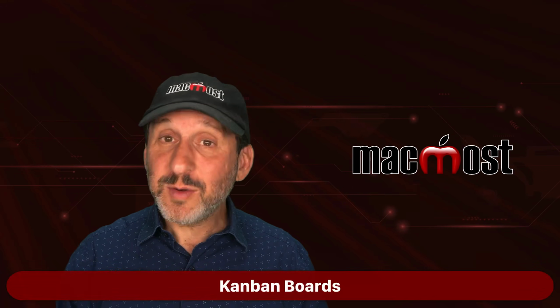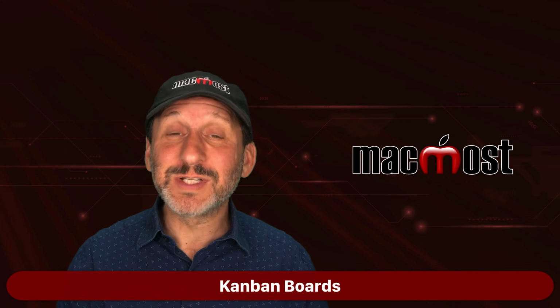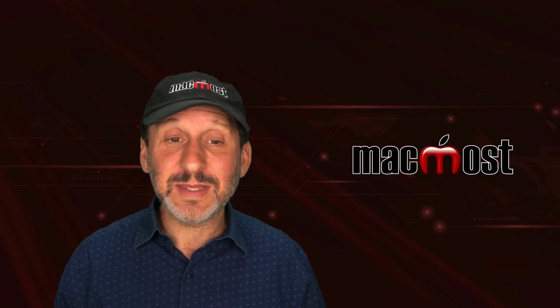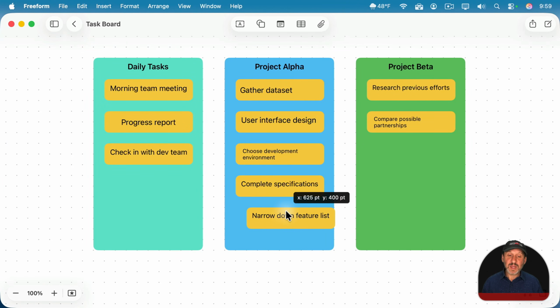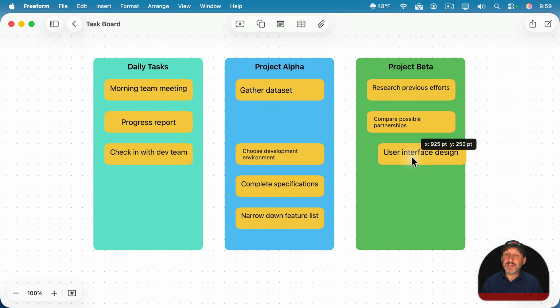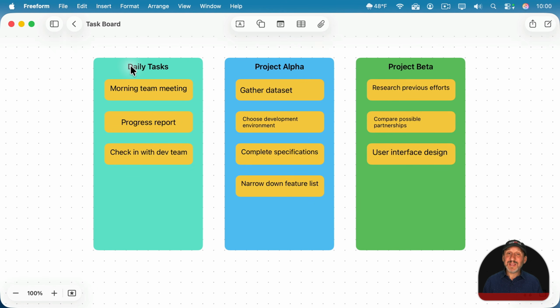Now, if you've ever heard of a Kanban board, you may notice that this looks a lot like that. And indeed it is. You can easily have a project-based Kanban board like this, and then move these items between them very easily like that. Or maybe instead of being project-based, this could be time-based like this,